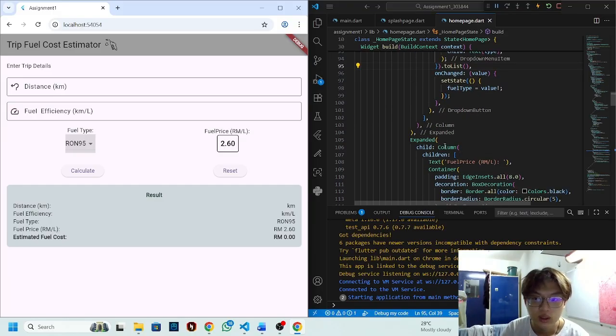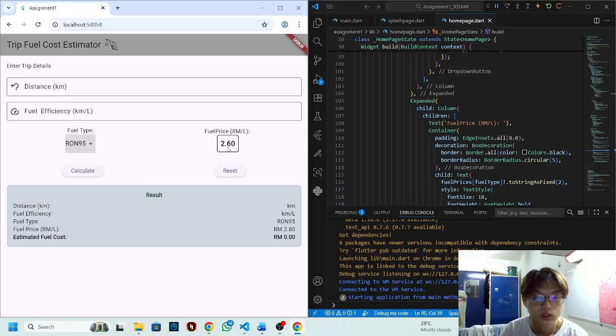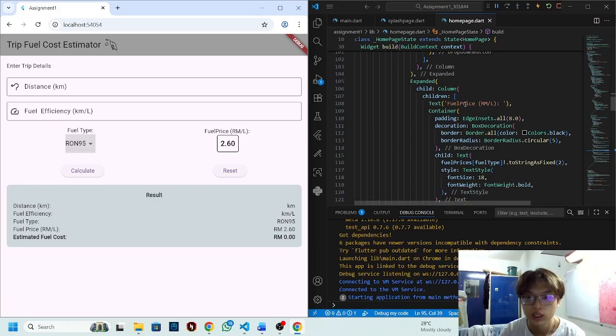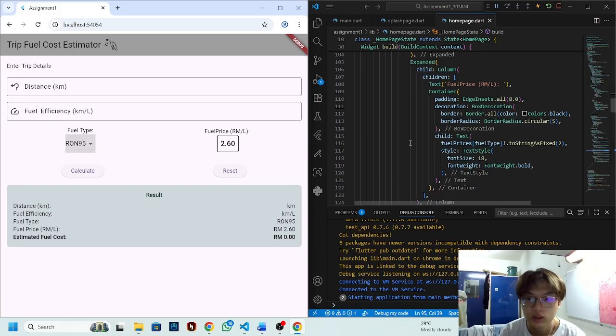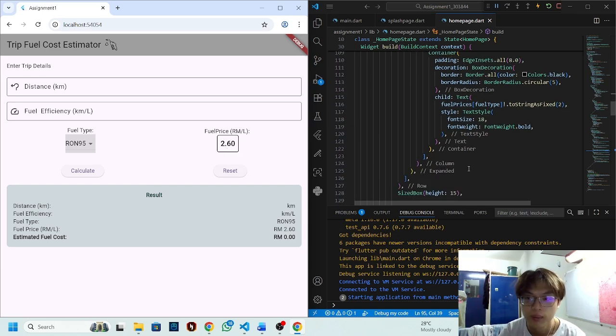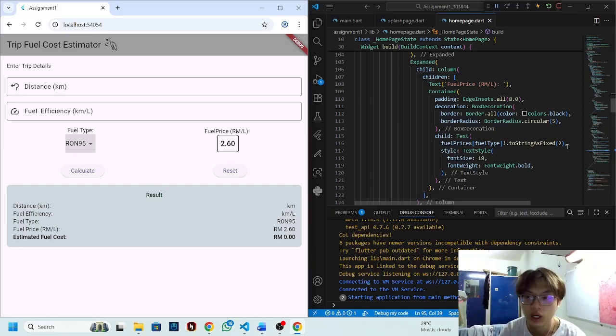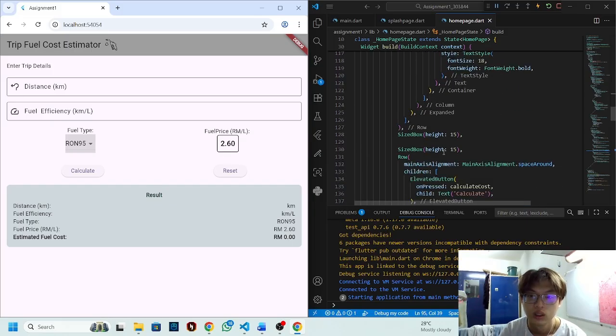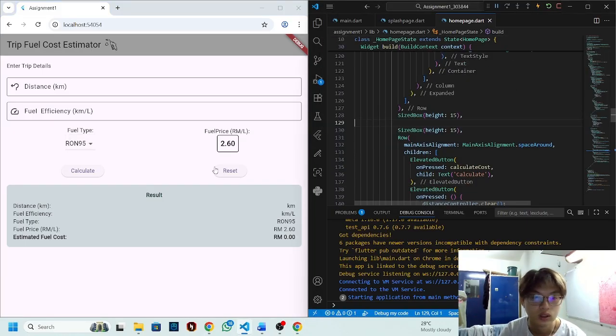Okay, so this section is to let the user know each of the field types has what price. I set the text field, so that means the user can know the text, just only text, so that the user can know each of the field price or the field type. This declaration string as fixed, I set to 2 decimal places, so this means the user can know it. And size equals height 15, and this side is the